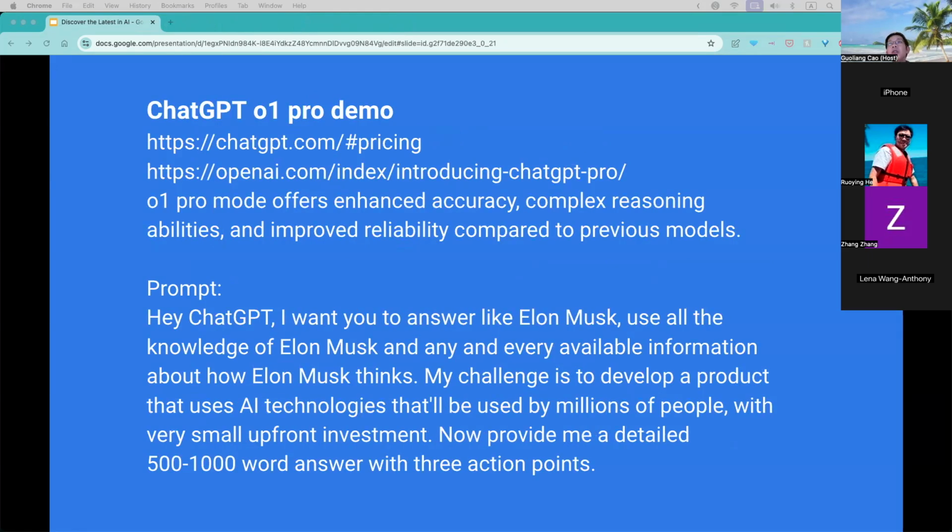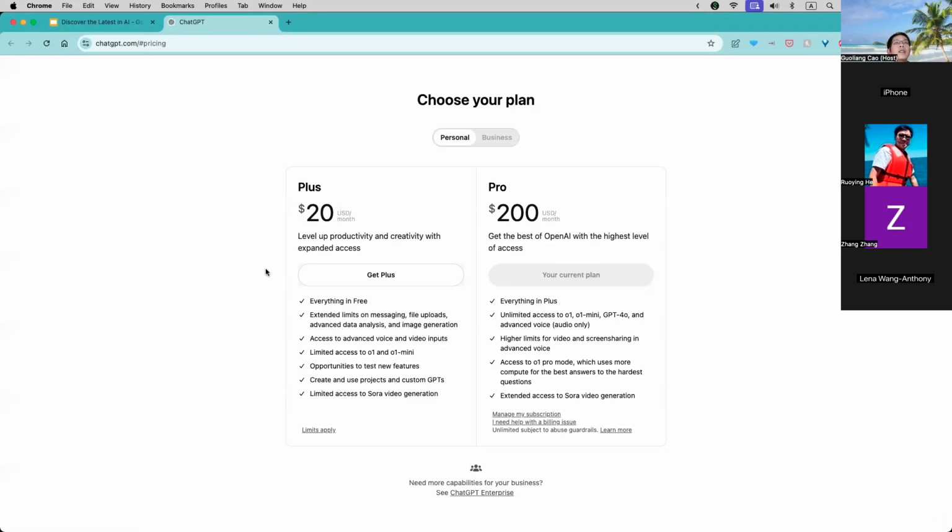So next we are going to talk about ChatGPT O1 Pro. I may cut the demo short a little bit because we are already 30 minutes in. First, let me just show you the pricing, that is the most interesting part. Many people probably already tried the Plus plan, which is $20 a month, and the next level is the Pro plan, which is $200 a month.